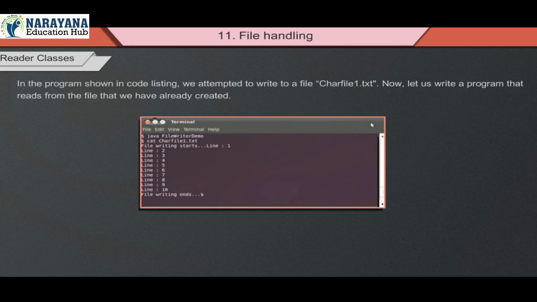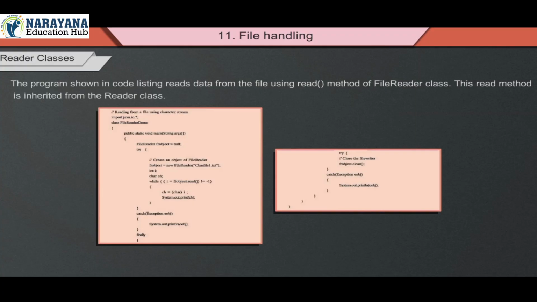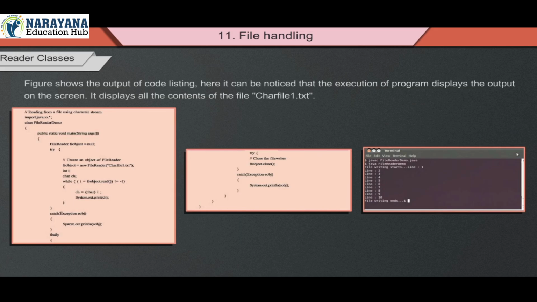In the program shown in the code listing, we attempted to write to a file "charfile1.txt". Now let us write a program that reads from the file that we have already created. The program shown in the code listing reads data from the file using the read() method of the FileReader class. This read method is inherited from the Reader class. The figure shows the output of the code listing. Here it can be noticed that the execution of the program displays the output on the screen. It displays all the contents of the file